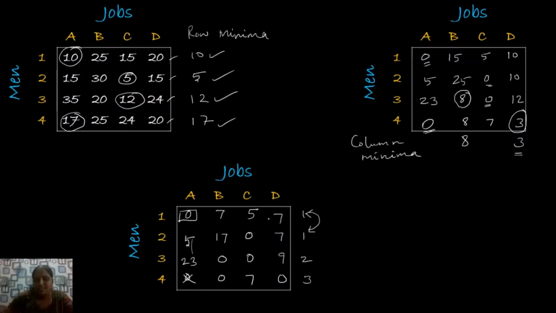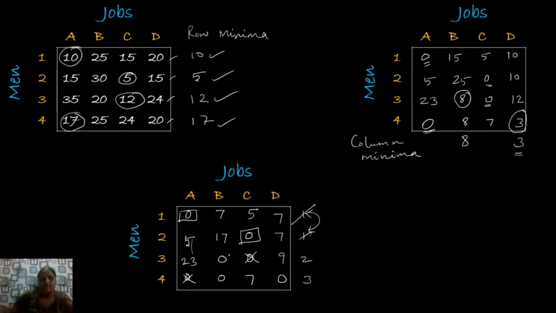Now after giving the first assignment, let's move on to the second row. Here we have only one 0, the third row has 2 zeros, and the fourth row also has 2 zeros. Already one of the zeros we have crossed off. So I am going to give the second assignment here because it has only one 0. Then you cross off the 0 in the same row and column. In this column we have only one 0, so I cross it off, and row-wise it doesn't have any 0.